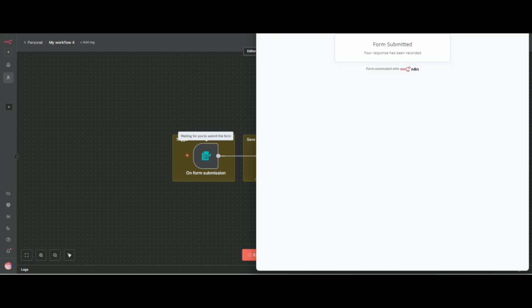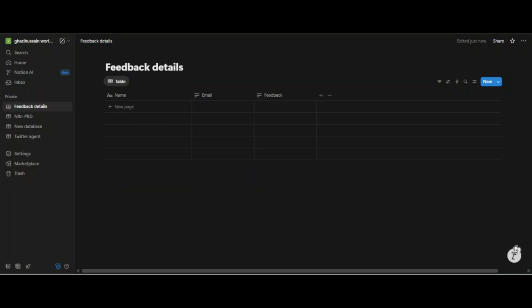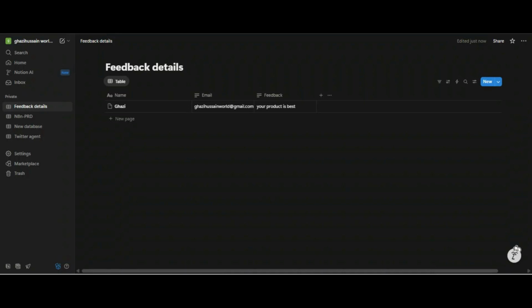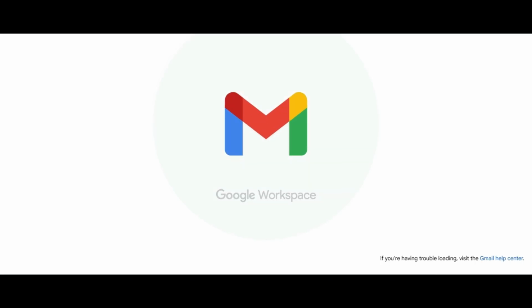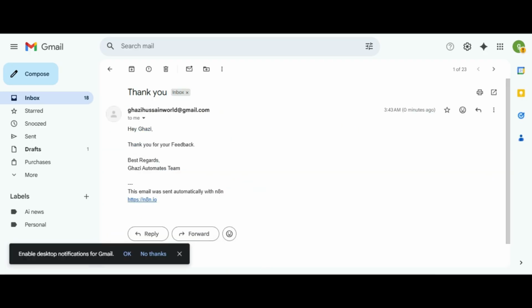When I click on submit, it will first save the data here, and then it will send the receiving message. So I'll click on this. Now you can see it says thank you for your feedback, best regards, Ghazi Automates team.